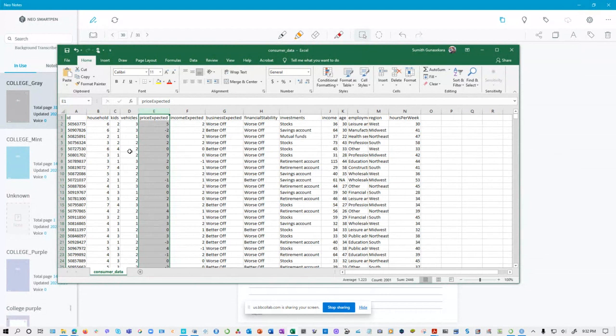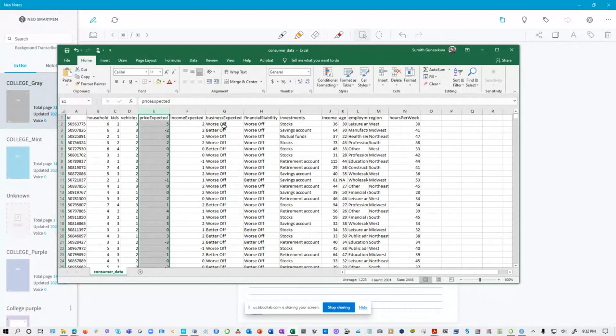What do you think? This first variable. Quantitative, no? How about that business expected? Business expected is a variable. It doesn't have numbers for sure. It is like a kind of label. Worse off, better off, worse off. No, qualitative, perfect. Yeah. So that's the main thing that we have to figure out, those two, in the very